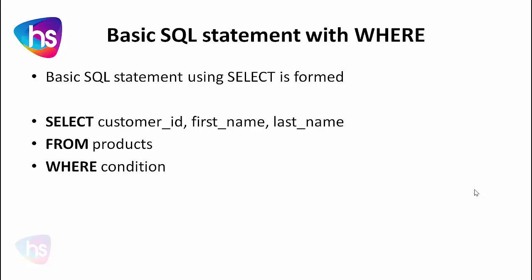Now, in addition, we add the WHERE clause to specify a particular condition for filtering our data rows and fetching the data we require, filtered from the result set. Now see how it would be. This is the basic syntax of forming the SELECT statement with the help of the WHERE clause.